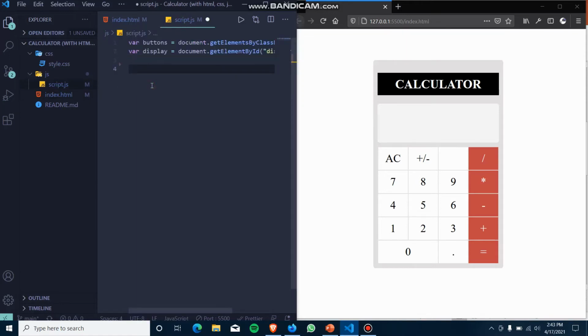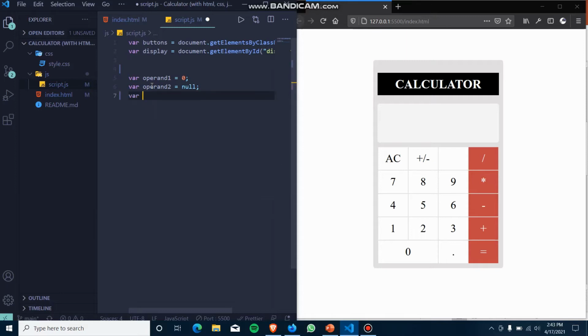Now let's take three variables. First one is operand 1, and set the value as 0. Second one is operand 2, and set the value as null.